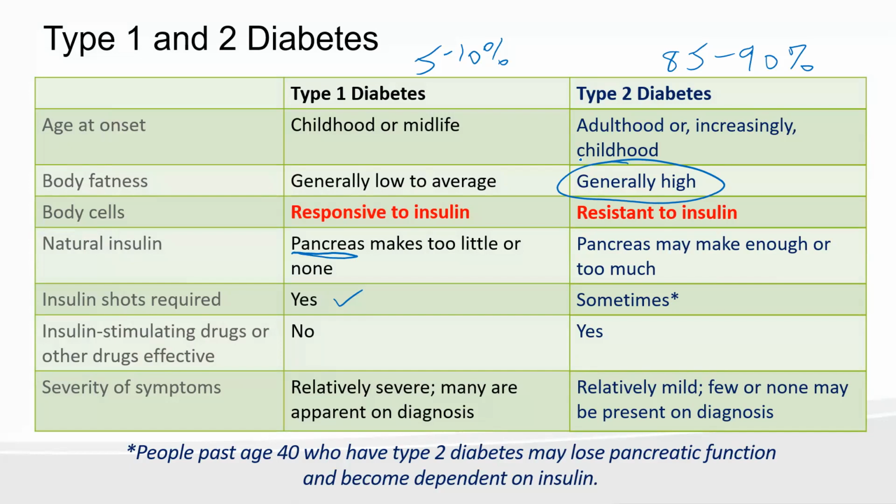So the pancreas makes insulin, but unfortunately, the cells don't seem to be responding to it as effectively as usual. So usually we're not talking about insulin shots. Usually we're talking about trying to treat the person by having a good diet, sometimes drugs that stimulate the pancreas to secrete more insulin. Once in a while, these people do have to take insulin shots. But generally, the treatment is trying to encourage people to maintain a healthy body weight and consume a good diet around vegetables, fruit, fish, poultry, those kind of things. And it's really important for these people to restrict alcohol as well.